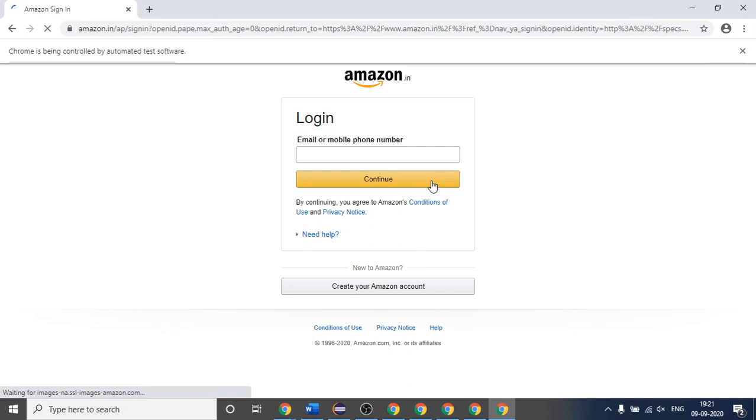As you can see on the left hand side, top on the left hand side, the site is still loading. This is the reason that it is taking time to enter the number in the text box. But once the loading of the site completes, it will automatically enter the number in the text box. So wait for a few seconds more.